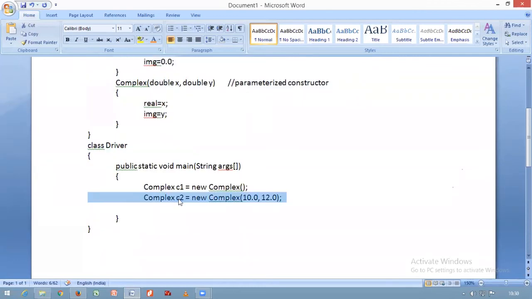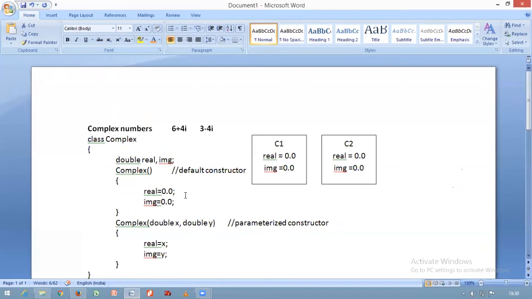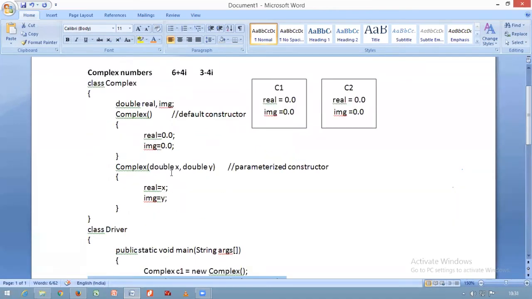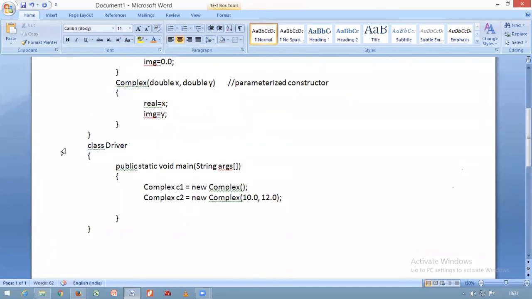I am creating object C2 by passing two values, 10 and 12. So what is the real and imaginary value of C2? 10.0 will be copied into X and 12.0 will be copied into Y. That becomes the values 10.0 and 12.0. Okay, this is how the constructor works.